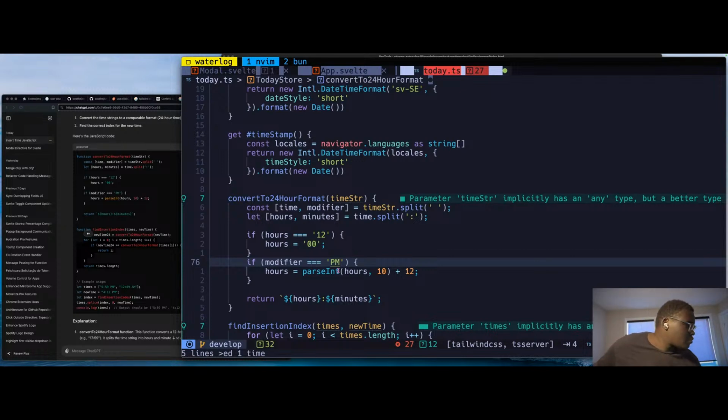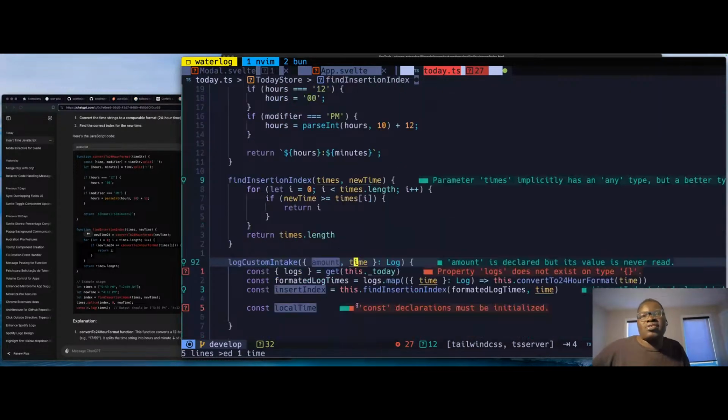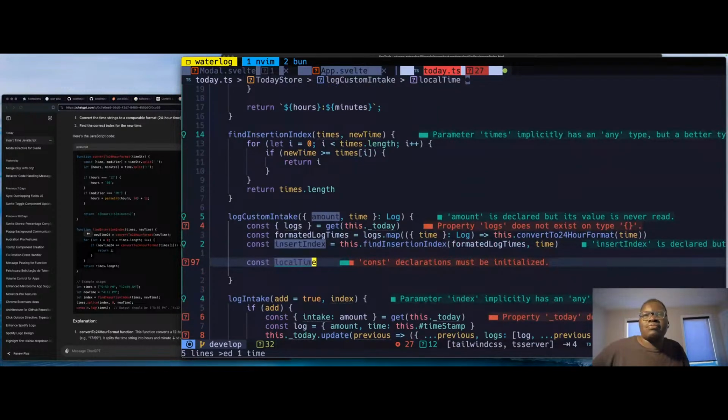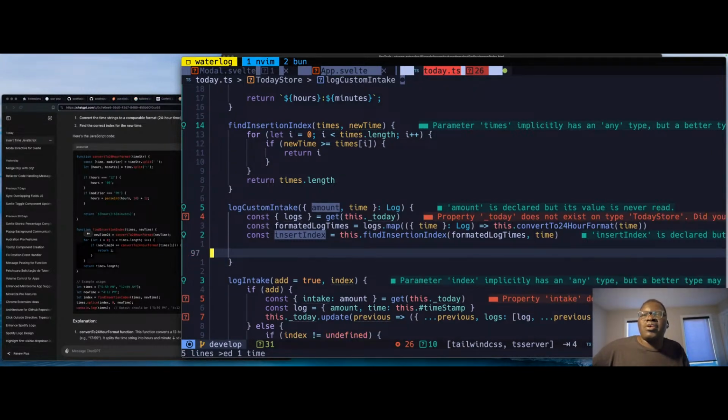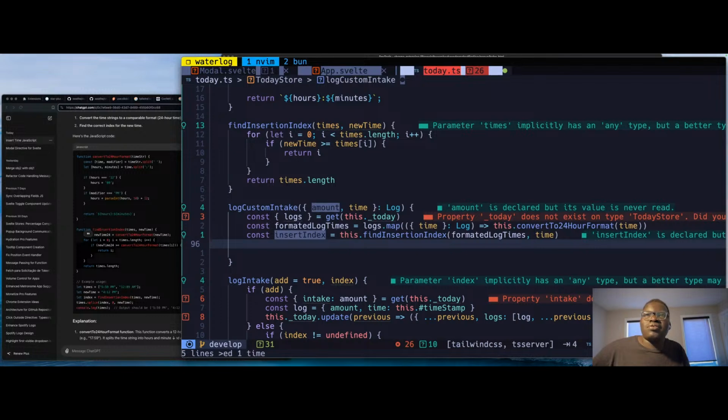Sorry. Or maybe I don't have to, because I'm changing it before. Maybe just when I load the screens, I just have it reflect the locale time instead of saving it as locale time. We'll see. No, let's just try saving it first. So we can just delete it. Okay. As soon as we have insert index, then we just